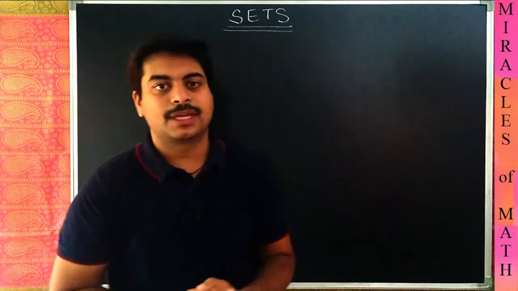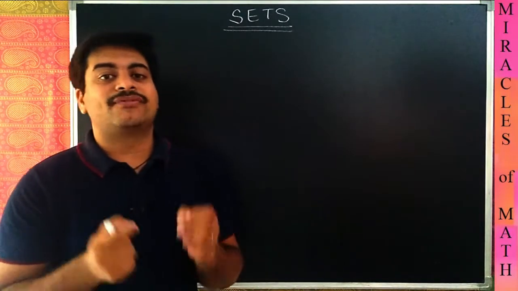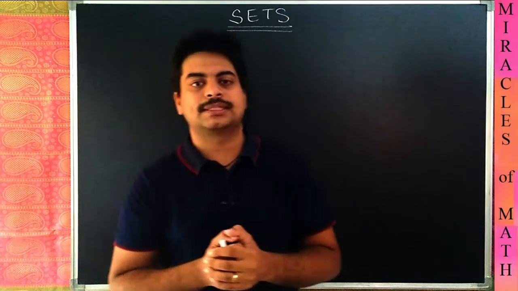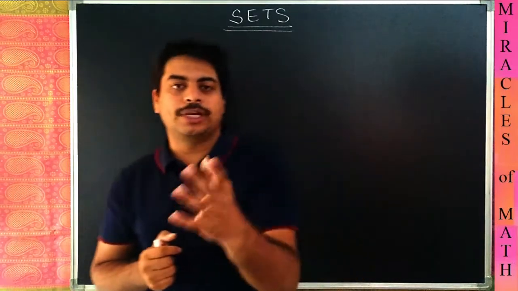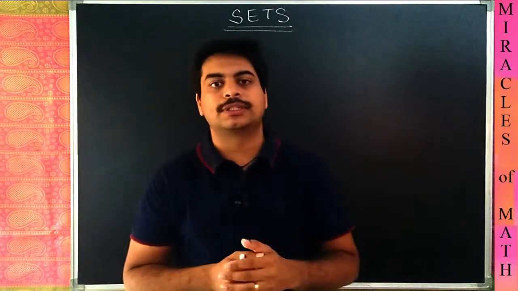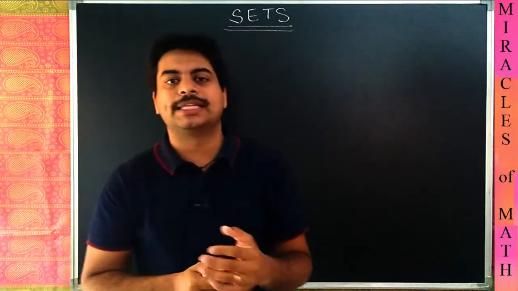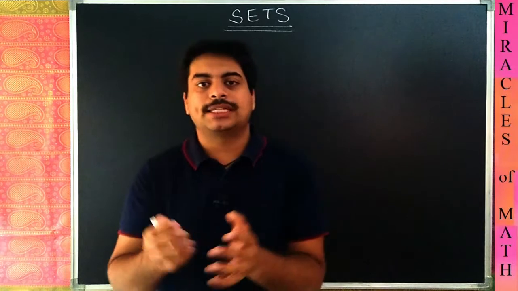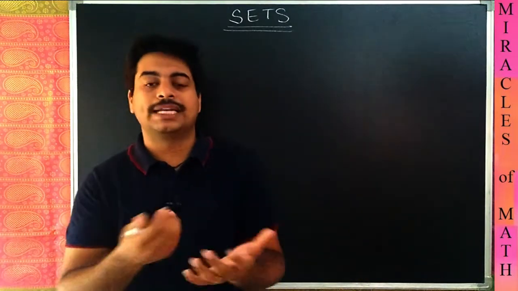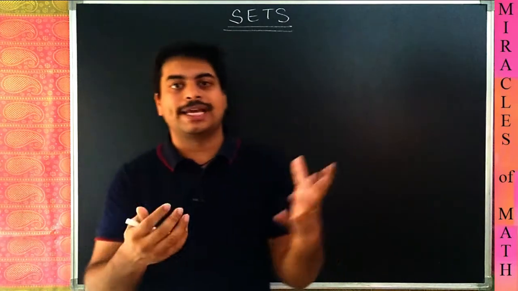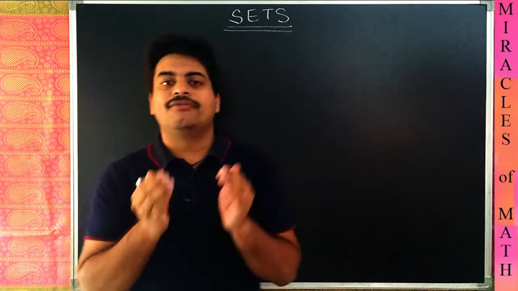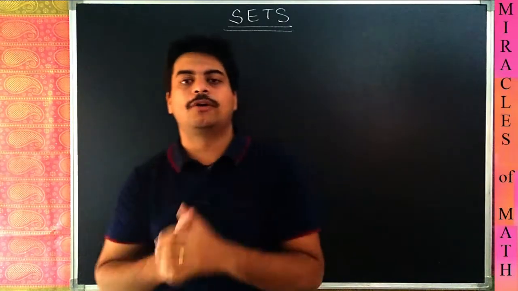a set. A set is defined as a well-defined collection of objects. What is the meaning of that? A well-defined collection of objects. What are the books you're having? You're studying in 11th, let us say MPC, Maths, Physics and Chemistry are your books, and English and some other language will be there. Which all subjects you have? So you can list them out. Which all pens you have? You can list them. What all chocolates you like? You can list them. So these are well-defined collections of objects.